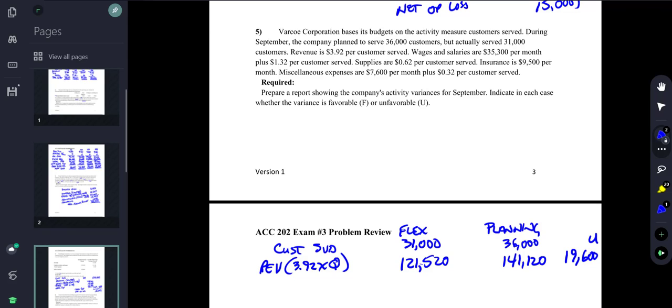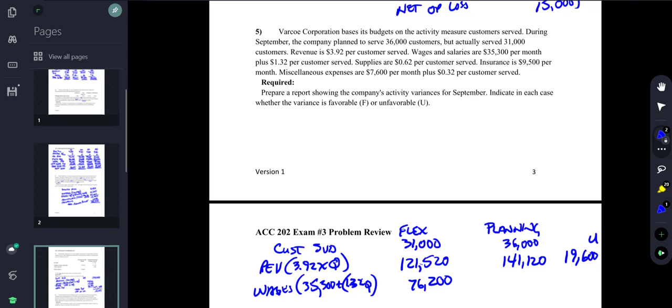I want to do another one here, just the wages and salaries. For wages, they give us a formula that is 35.3 plus $1.35 times Q, where Q is customers. Under the flexible column, we have a cost of